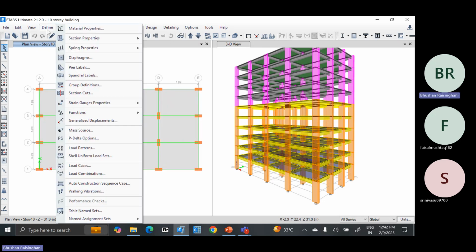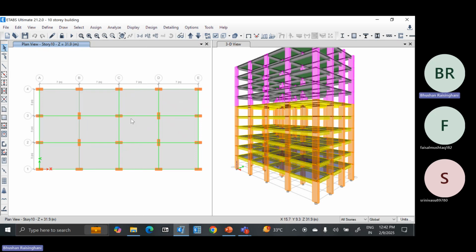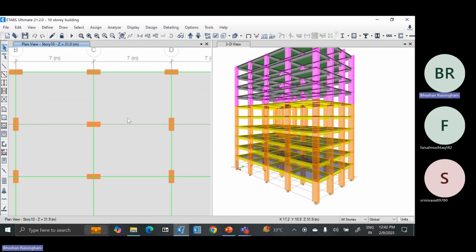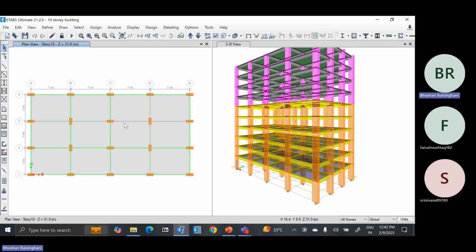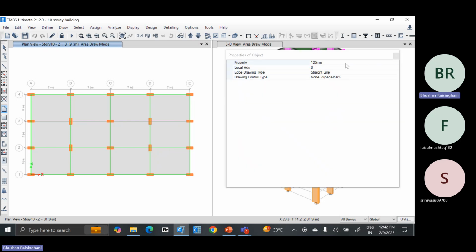Okay, it is modeled again the same way. Now going into the next part: when the full model is created along with the supports, infill wall is not modeled here. Staircase is not modeled here. Lift core, lift shaft is not modeled here in this particular arrangement. Now, if you want to create a lift arrangement in this particular area, you take this option and call it opening,